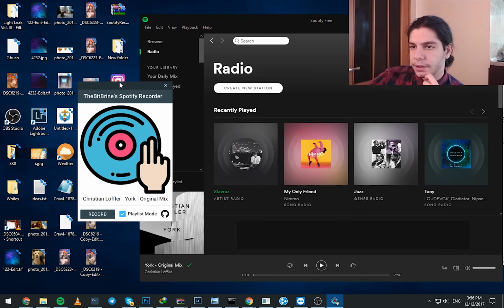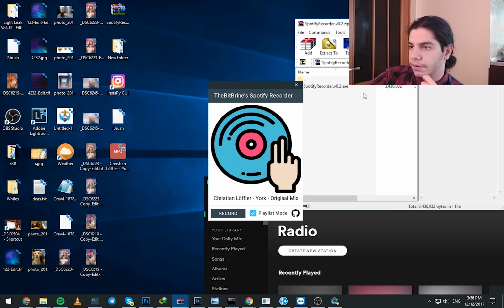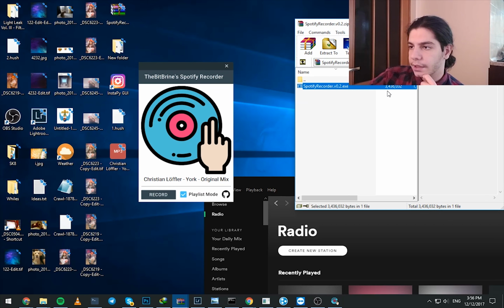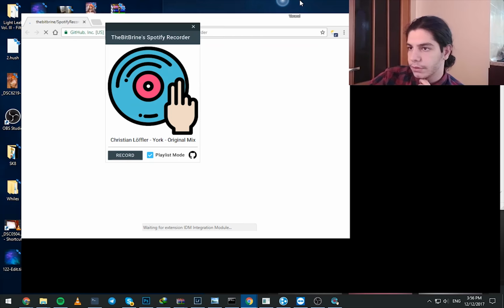And this thing is portable. You can do whatever you want with it. Just a single exe, like 4 MB max, and you can do whatever you want with it. Just basic stuff. And this one leads you to the GitHub page,